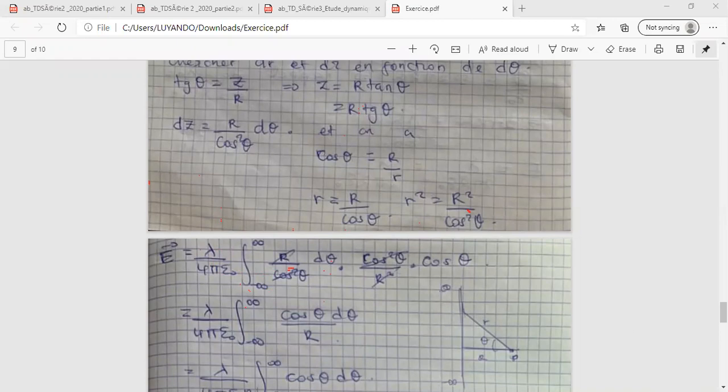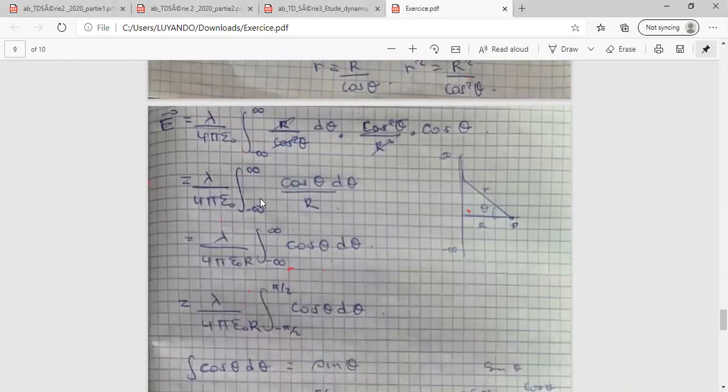So this is what I'm going to have, cos theta d theta over r. Now I'm still going to try to integrate this, because I was just trying to simplify. So I have the constant 4 pi epsilon 0 r, integral from positive infinity to negative infinity of cos theta d theta. My pi over 2 to negative pi over 2 comes from the fact that